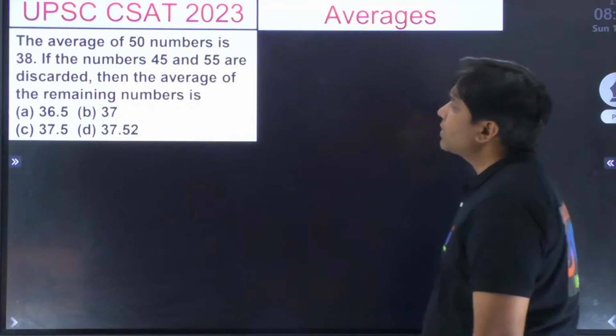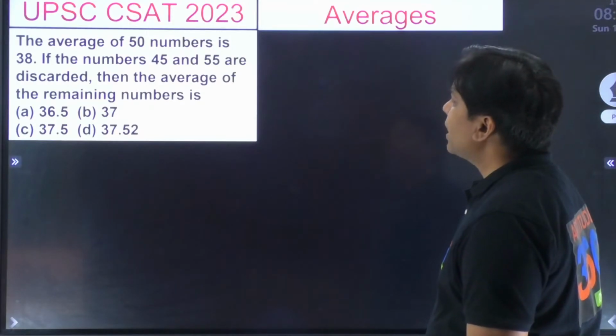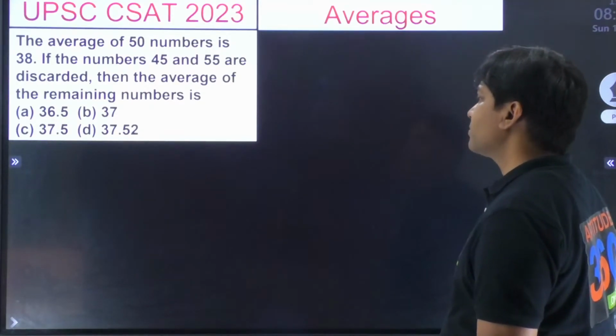The average of 50 numbers is 38. If the numbers 45 and 55 are discarded,